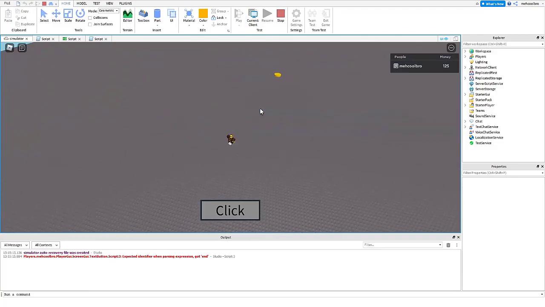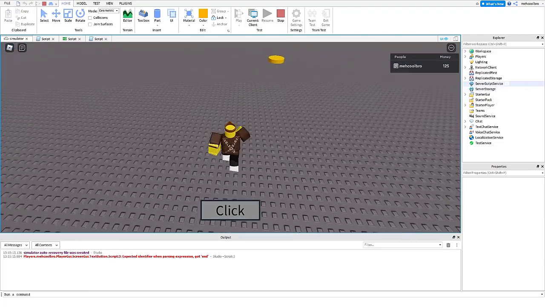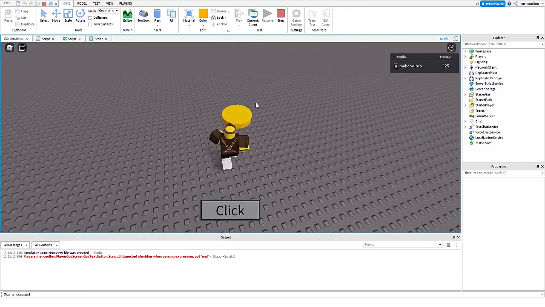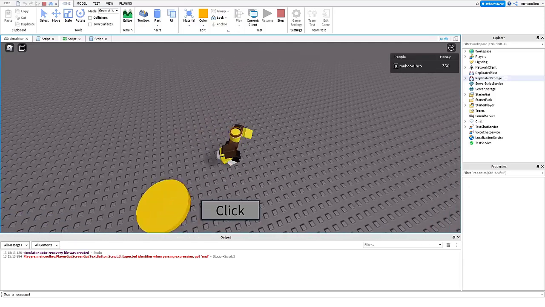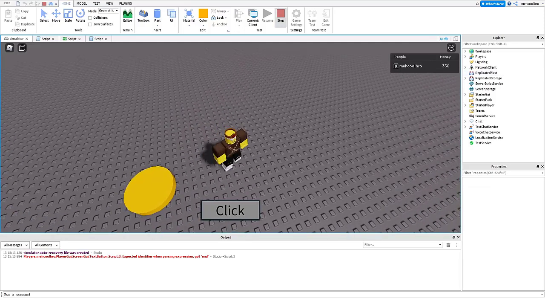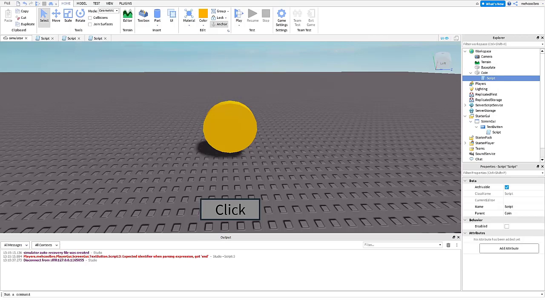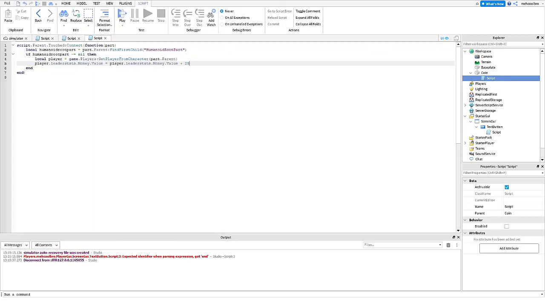Okay. So, you see the coin? You have 125 money. Oh yeah, so you can see our money went up. But you can see the coin didn't disappear. And our money went up a lot. So, first thing that we're going to do is we're going to do a